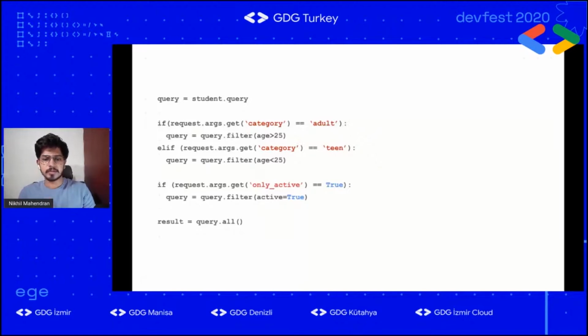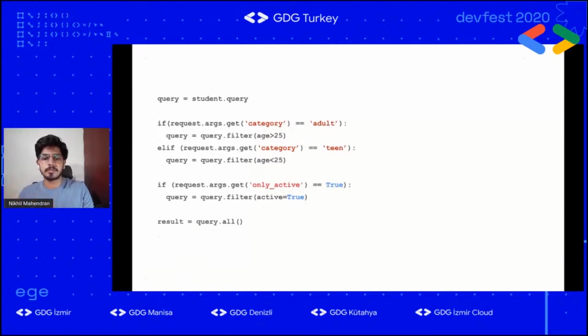So when you look at this, at the first line, I have query equal to student.query. I'm not executing a query. I'm just building up the query. So query builder, basically, we are doing. ORM facilitates us to use a concept called query builder. So you can use it inside a for loop or conditional statement to build your query. In traditional raw queries, you need to concatenate strings, and it's very complex and very prone to error.